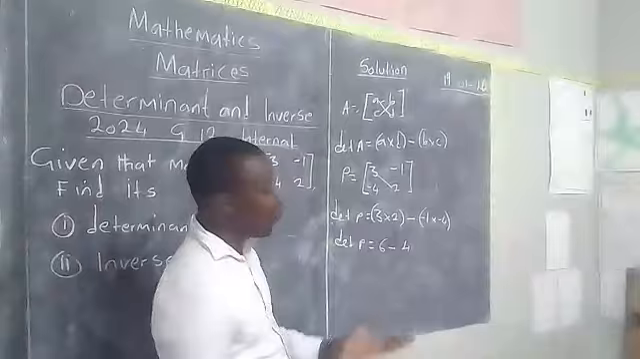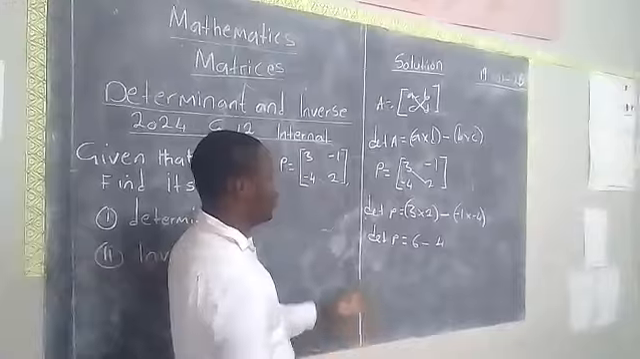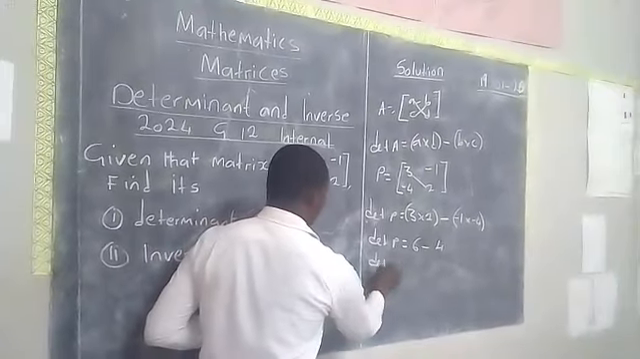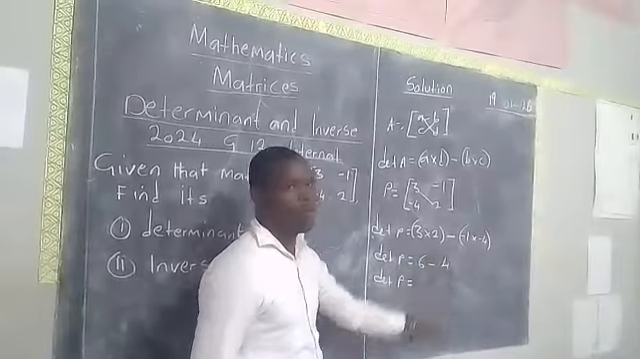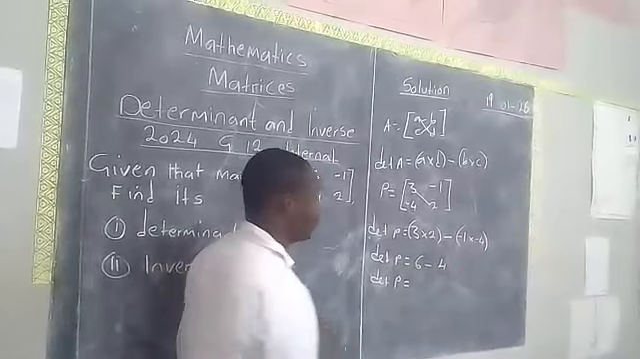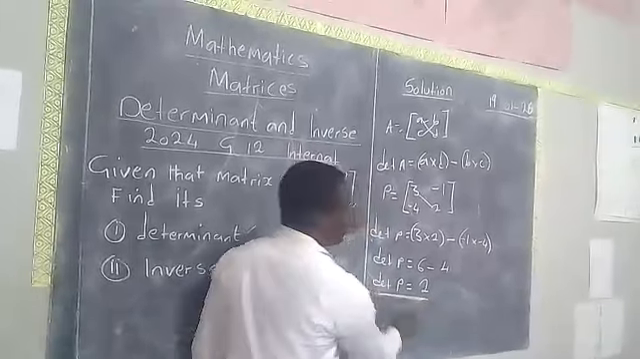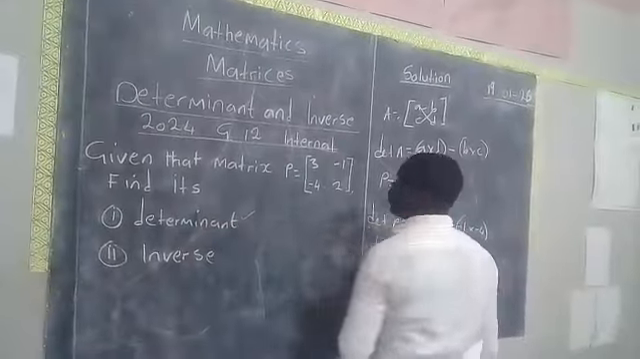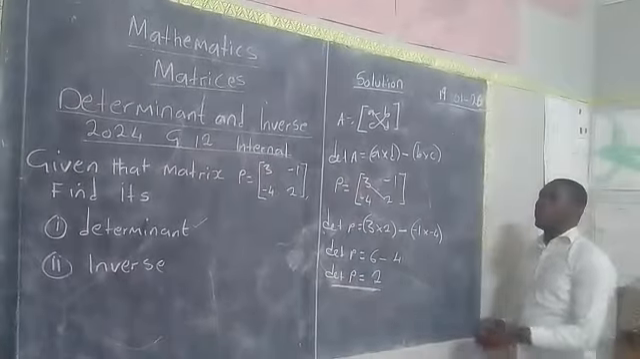So what will be the answer in that case? The determinant of P is equivalent to 6 minus 4. The answer there will be positive 2. So class, this is the answer. To those of you who wrote this question in 2024, grade 12 internal, don't forget that under matrix,